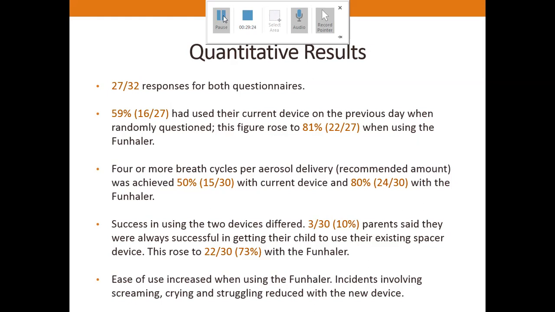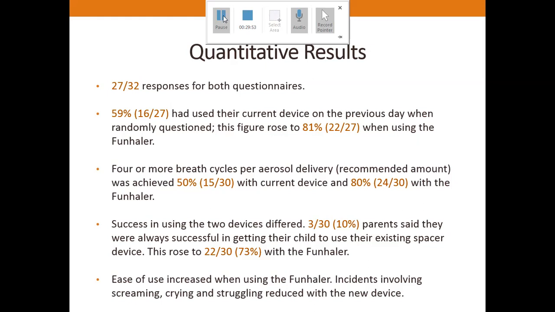There were 30% more children who took the recommended 4 or more cycles per aerosol delivery. So it might be that you pump once and then you breathe in and out deeply, pump again, breathe in and out deeply, and again. So you're meant to do it 4 times basically. So that's the recommended amount, and they found that